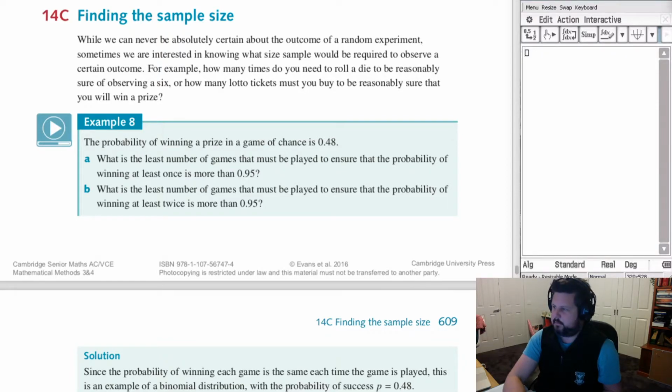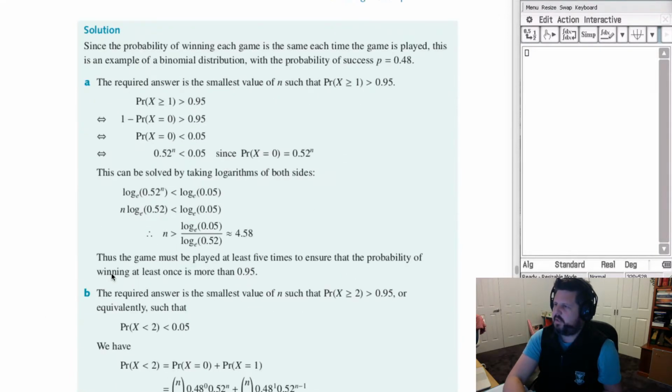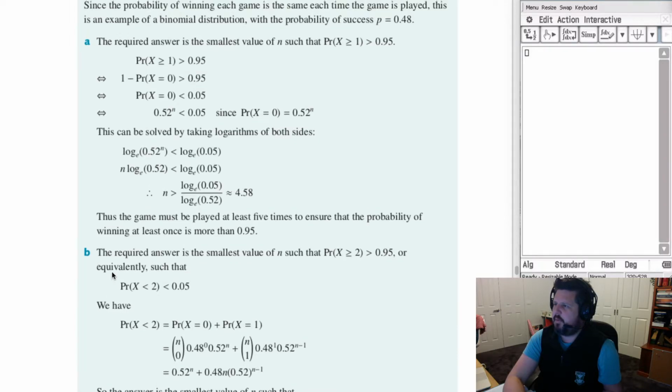checking that out. Alright, so it says here, since the probability of winning each game is the same each time the game is played, this is an example of binomial distribution, with the probability of success being 0.48. Now, as we know from this, the probability of failure is going to be 1 take away p. In this case, it would be 0.52,